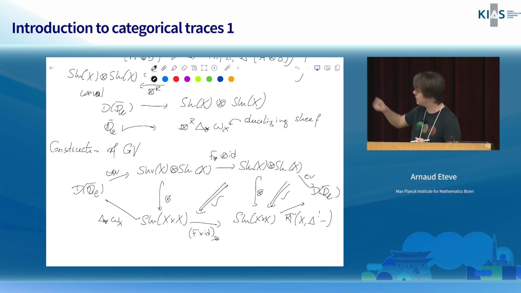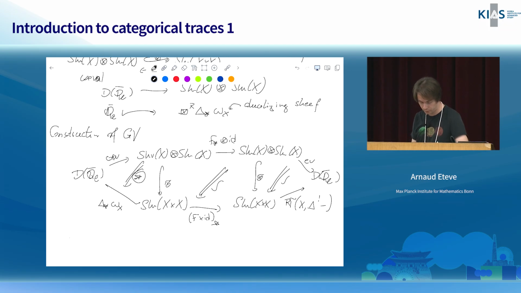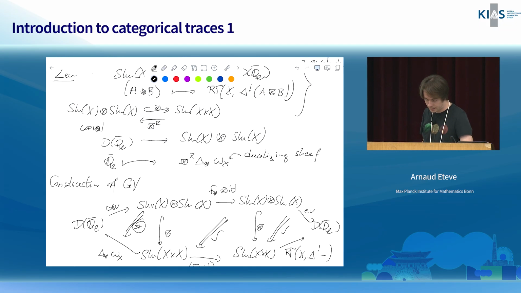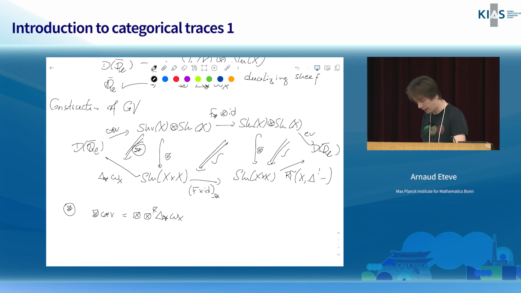The one that's not obviously commutative is the left one. And so here there is a non-trivial 2-map between the composition. And so this 2-map goes from box of coev, which is box R, delta lower star omega X. And box R may not be isomorphic to the identity, and that's reflected by the fact that this categorical Künneth formula is not true, so that the embedding is not essentially surjective. But you still have a map to delta star omega X.